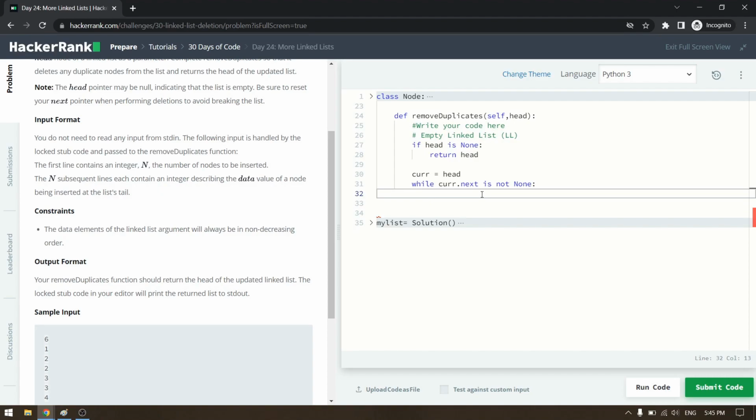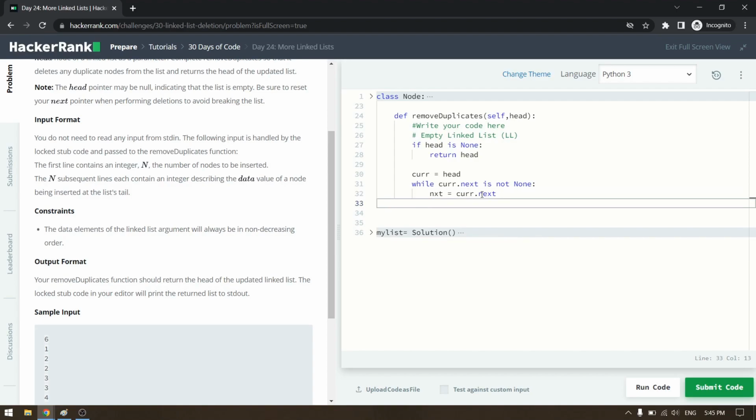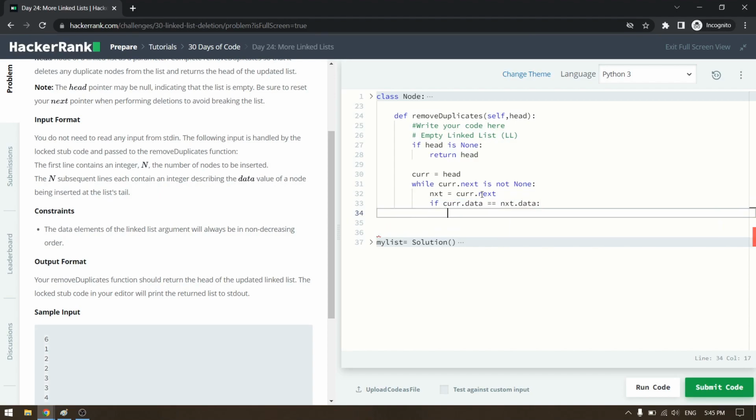We are saying current dot next is our next node, as we know there is a node after the current node. So if current dot data is equal to next dot data, then